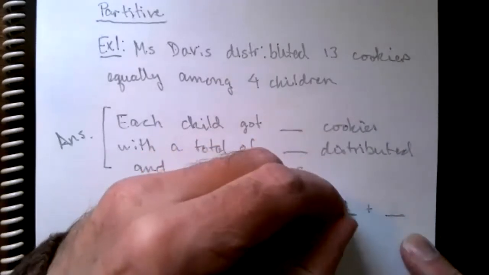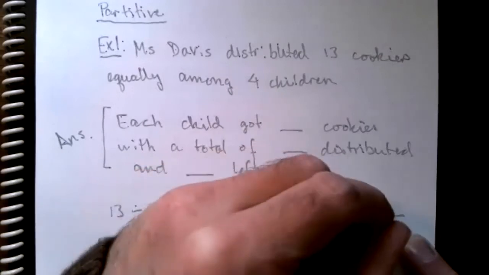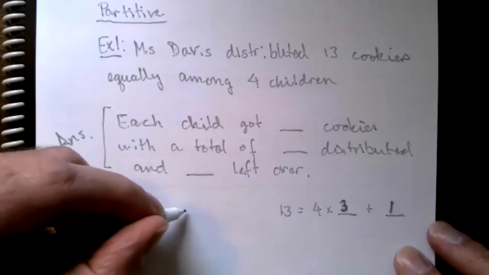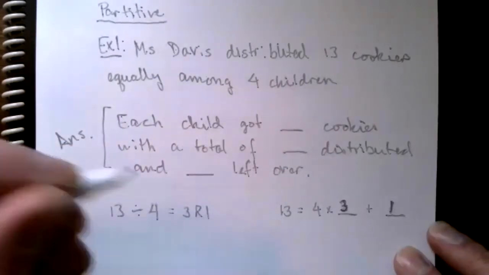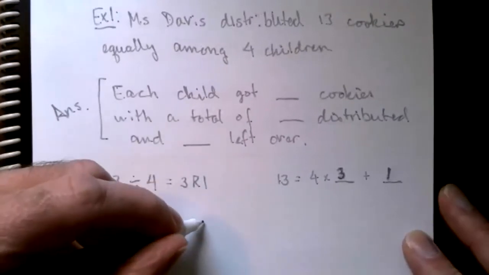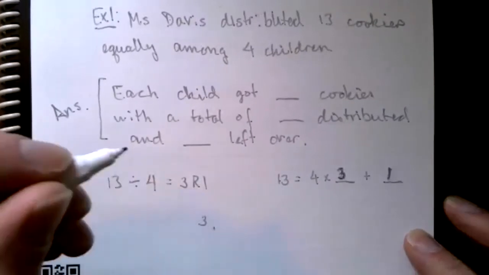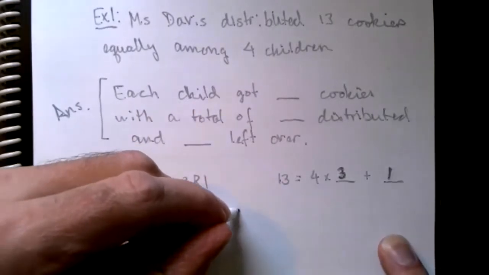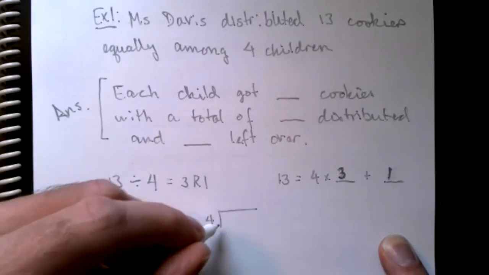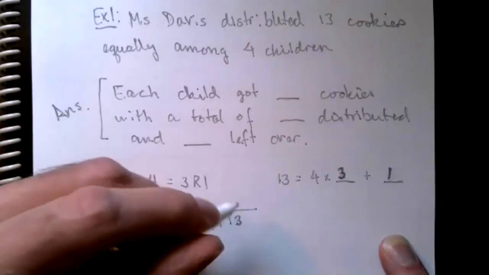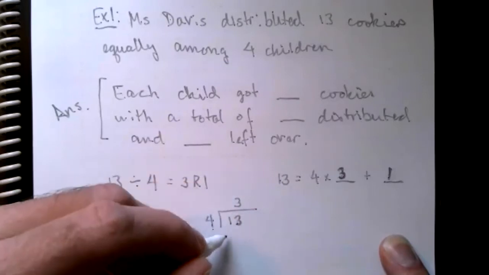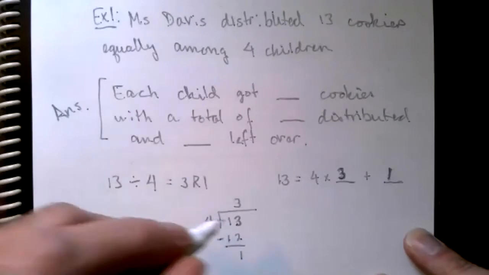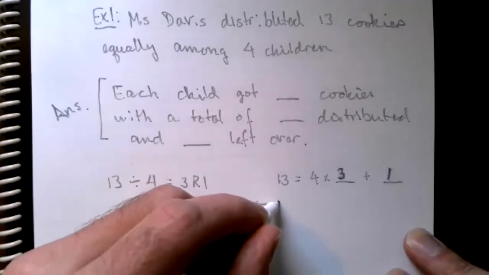Okay, so 3 times 4 plus 1, 1 left over. Okay, so in other words, the quotient is 3, the remainder is 1. And the way we record this in the long division algorithm is we got the divisor out here, the dividend underneath, okay, and